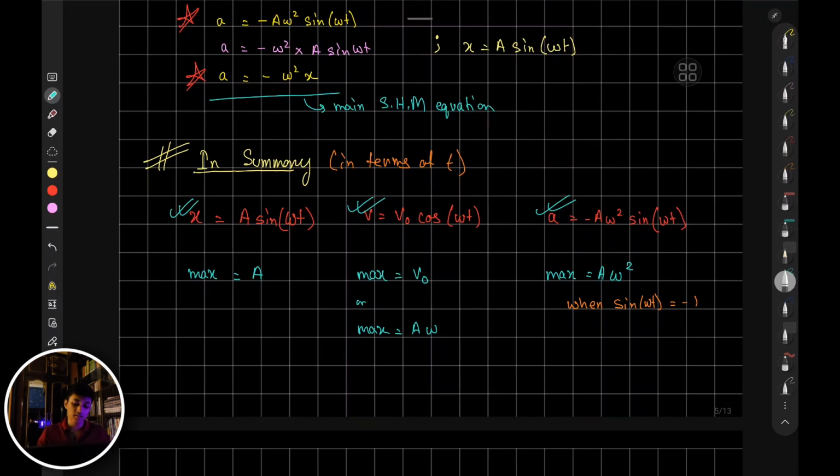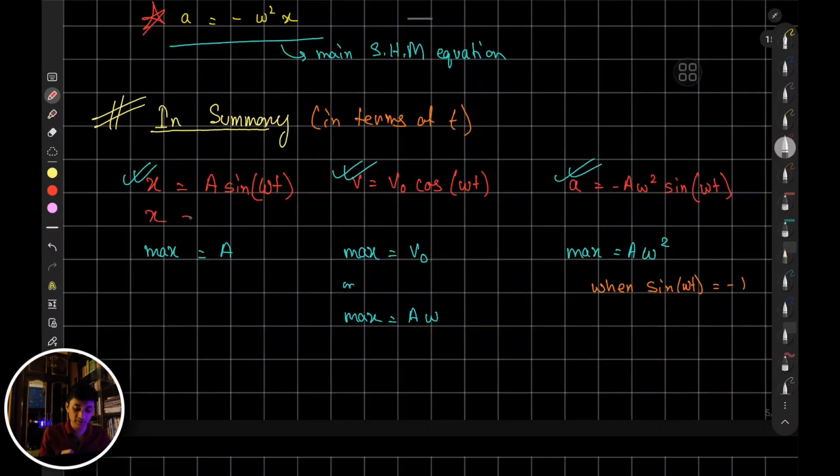Oh, right. So x can also be written as A cos omega t in case the graph starts from maximum position or starts from the amplitude. Great. So what are the max values in each of these cases? In case of displacement, what is the maximum displacement? A. Why? Because the maximum values for sine